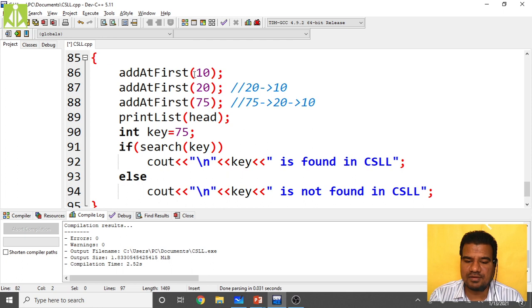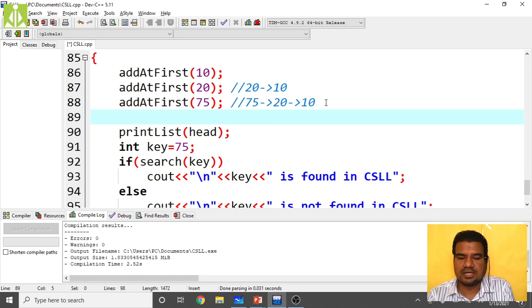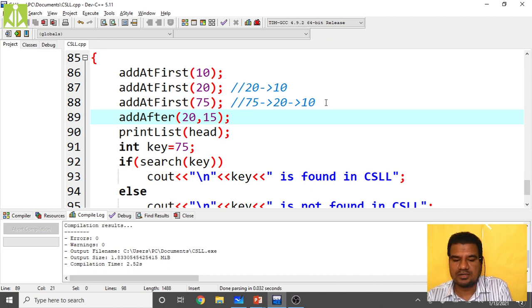Currently we have 75, 20 and 10. Now I'm adding add after, let us say after 20. I want to add, let us assume, 15, and then put the semicolon at the end. Save it.